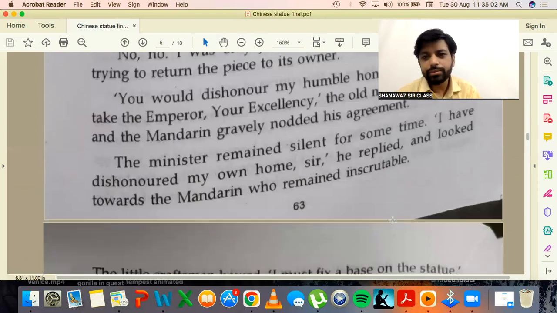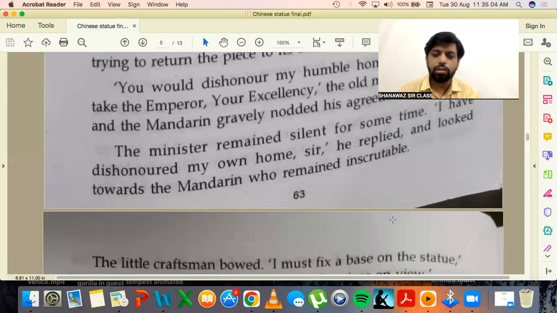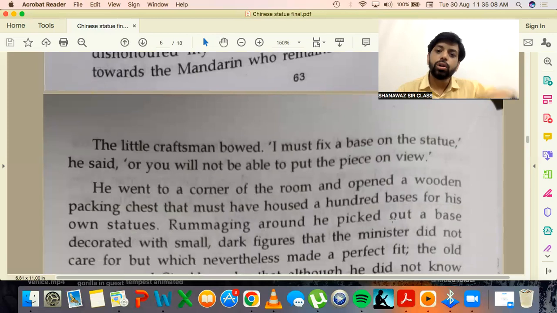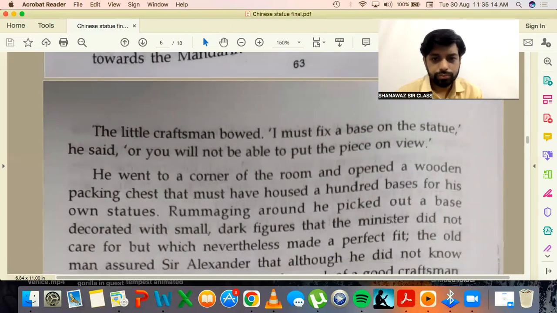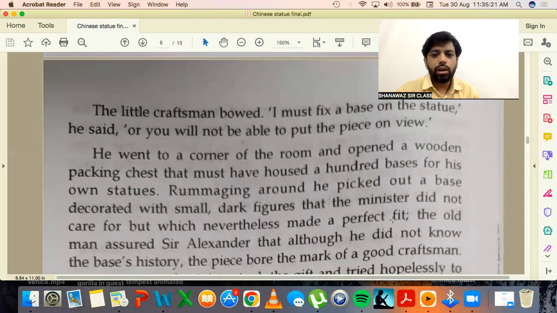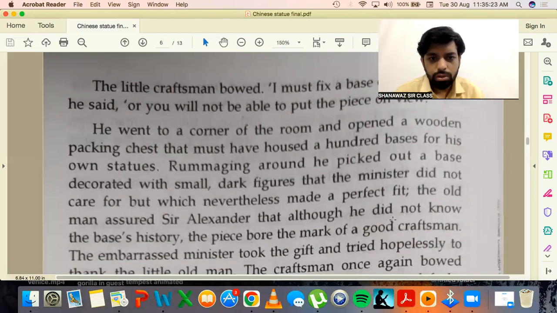So at last, Alexander Heathcote had to take the Chinese statue, which belonged to so many generations back, which was supposed to be painted by Banerjee, which was a 15th century statue. So he gave the base and the statue to Alexander Heathcote. So while Alexander Heathcote was coming,